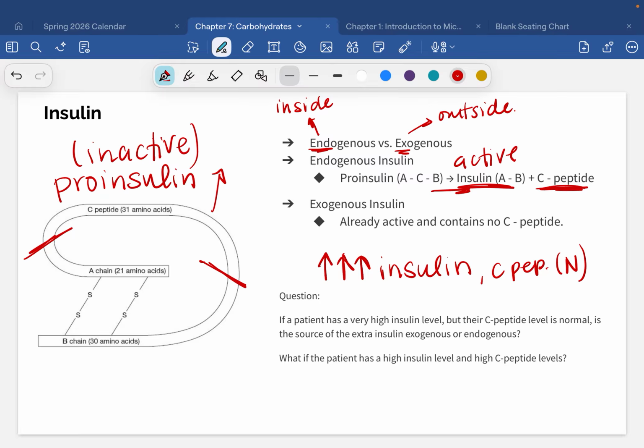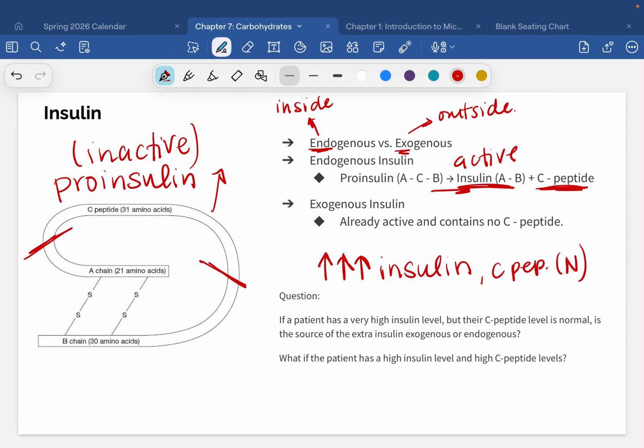Okay. And again, we'll talk more about this in just a minute, but injection of too much insulin is a leading cause of death. Okay, it's a very common thing that happens in people that use insulin for disease management. And so testing a person for insulin levels and C peptide levels can be really important to discover what's going on in their bodies.